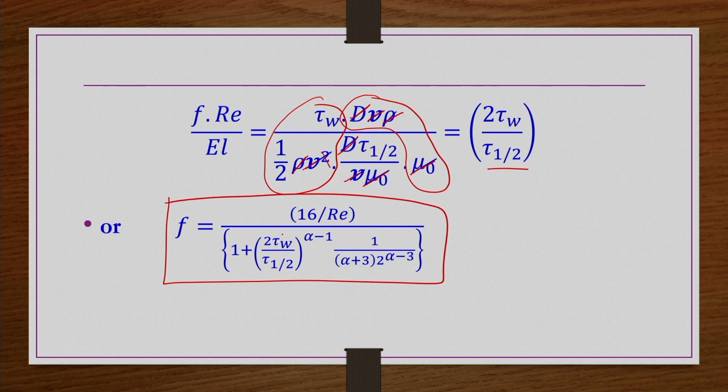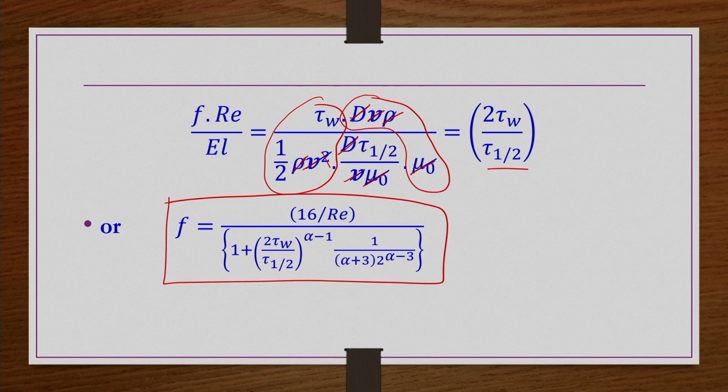Again, we cannot say that the friction factor is explicit, because now we have brought the right side into the form of tau W etc. Tau W is again related to f. It is just writing in a simplified form only. So still f is not explicit; only on a trial and error approach can you get the solution.